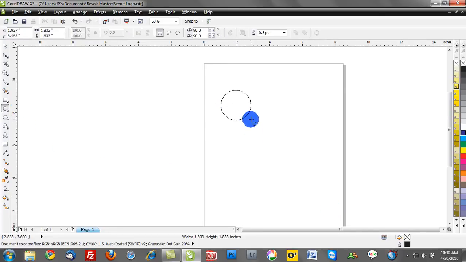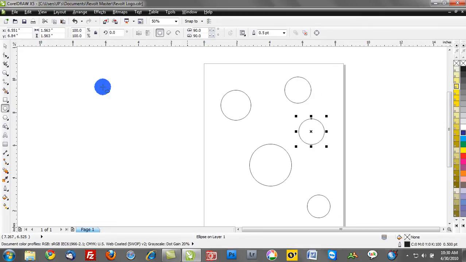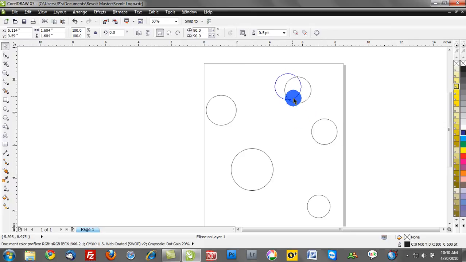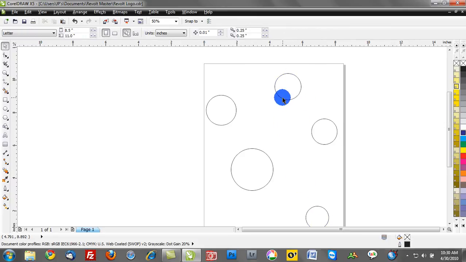So what I'm going to do now is just draw some basic shapes here. I'll draw a few different shapes. Now, these are all independent, meaning these are ungrouped. These are separate objects, so I can control one object at a time. Now, if I want to make a global change to all of these objects, we'd want to group those together,